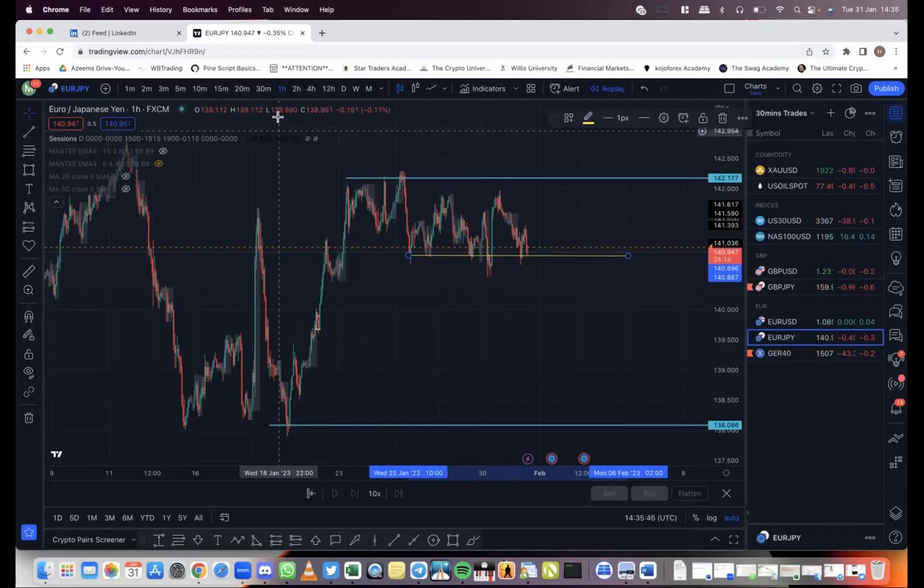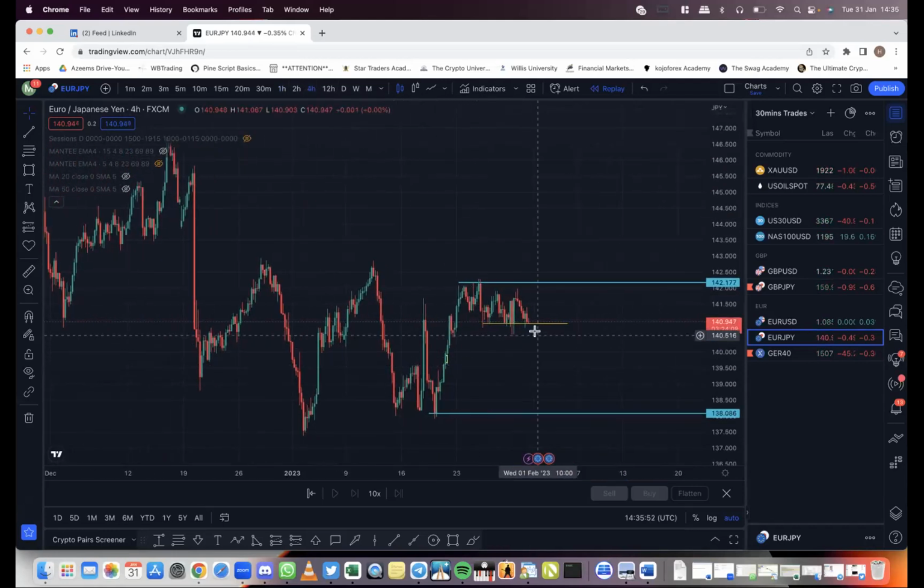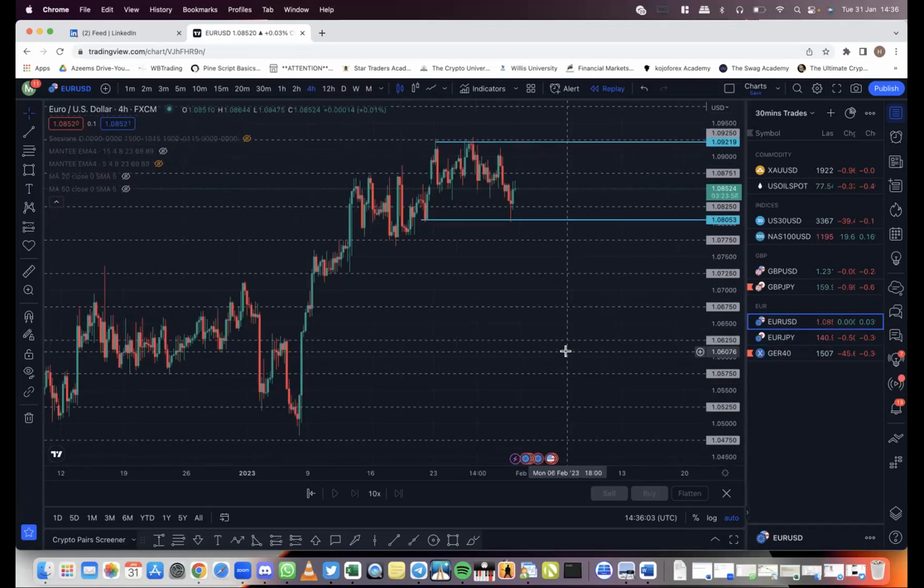Just the levels. You see, normally we will look at the levels in the 1 hour, but this time we are looking at it in the 4 hours. Do you understand? Because when you go to the 4 hour, you can see the ebbs and the flow. This one in the 4 hour tells me that we are having ups and downs. If we go into Euro USD like that,